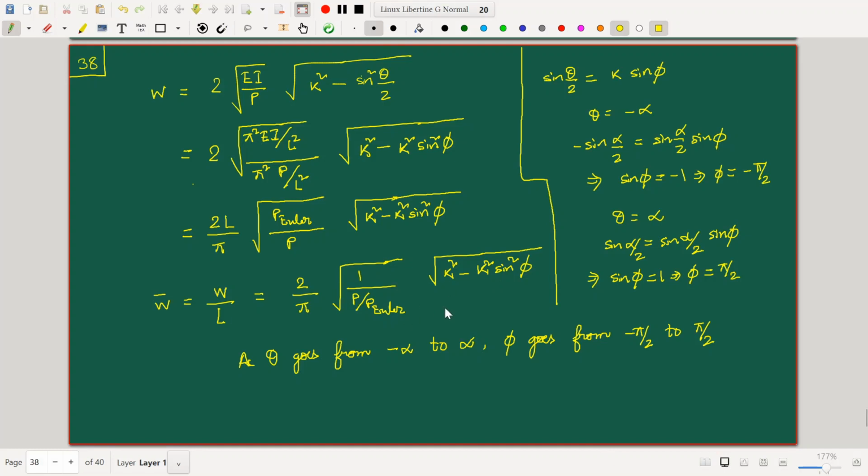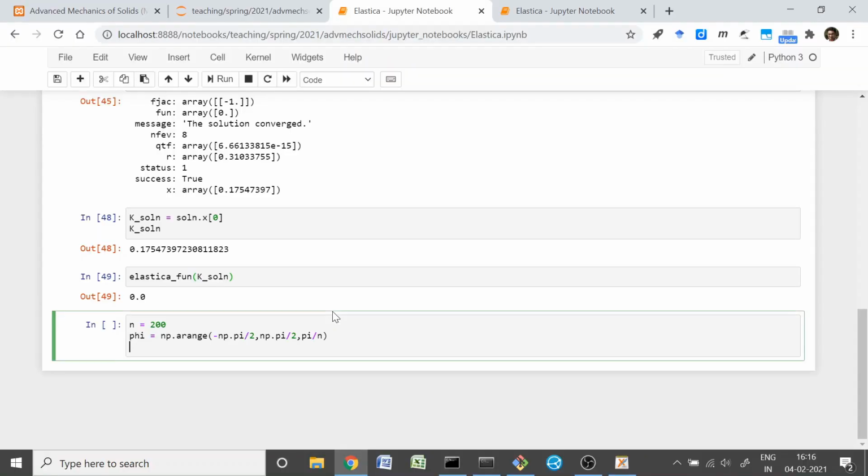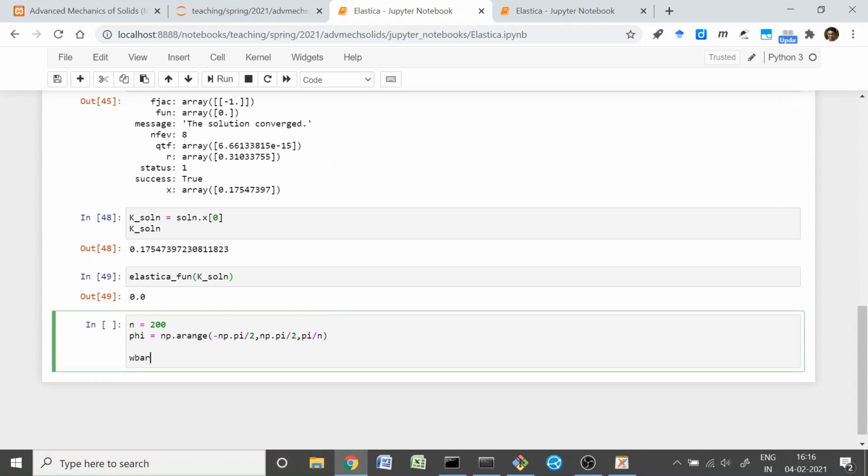Let me see if I can write that down directly, this w bar expression. So this should be 2 by pi square root of, let's try that. W bar is equal to 2 divided by pi times square root of 1 divided by P by P Euler,